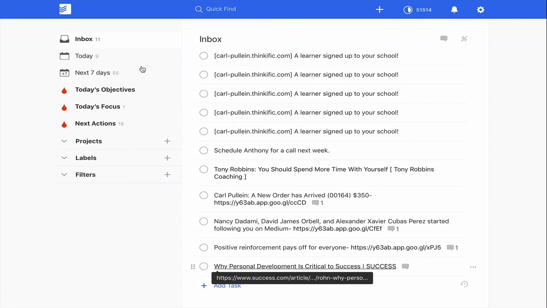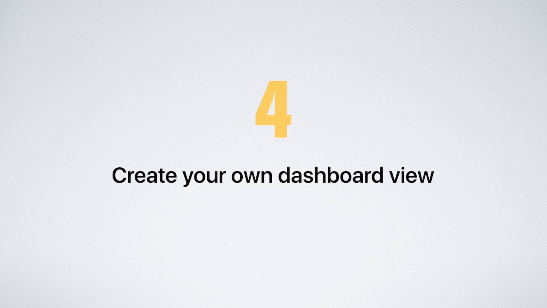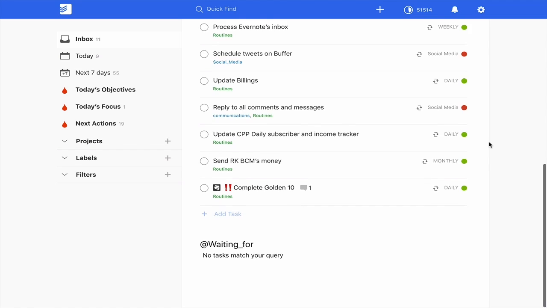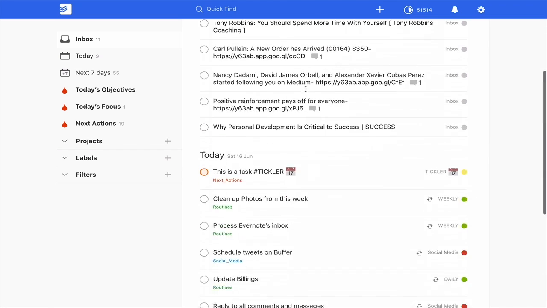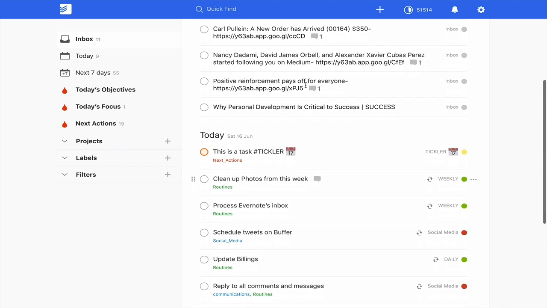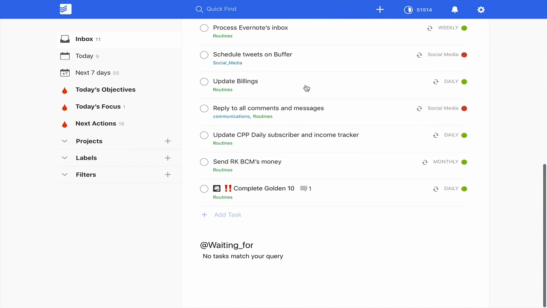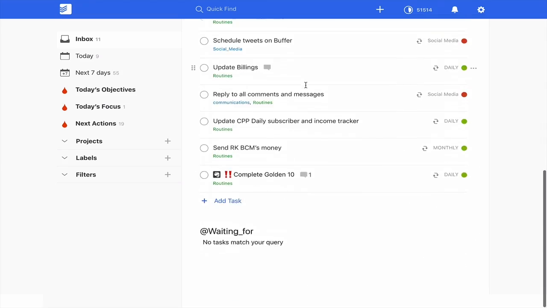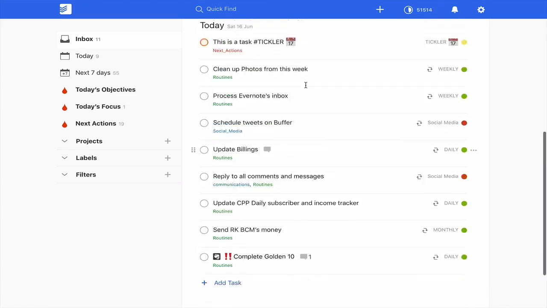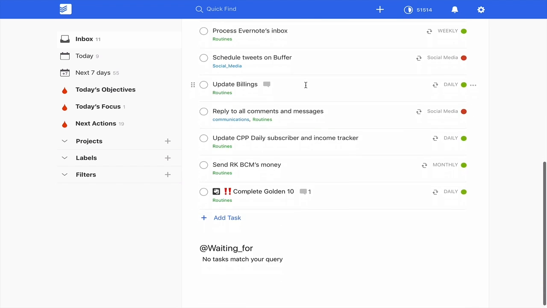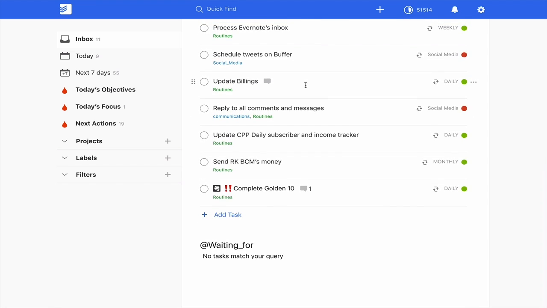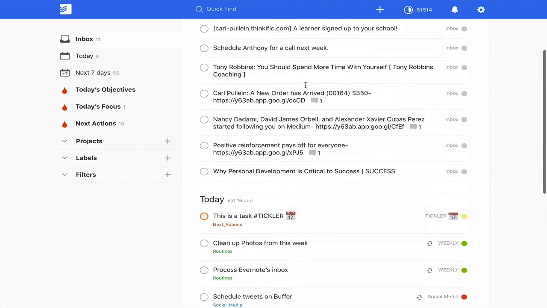Number 4 is actually create yourself a dashboard. Now, the reason why you do this is because this shows you what you want to see on a daily basis. So I have my inbox, I have my today, and I have my waiting for labels there. The reason I put my waiting for label at the bottom is as I go through the day, I can see all the tasks, and as I'm clearing the tasks off, the waiting for comes up. I usually check my waiting for label at the end of the day,